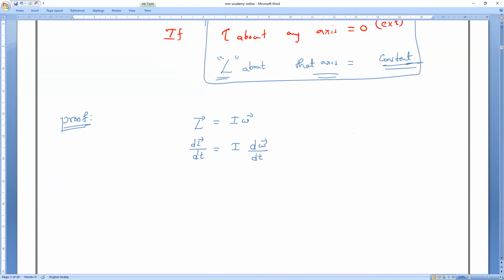Any doubt for anybody? You can tell me. So I remains what? Inertia remains constant, because inertia never changes. Now dL divided by dt is equal to I into